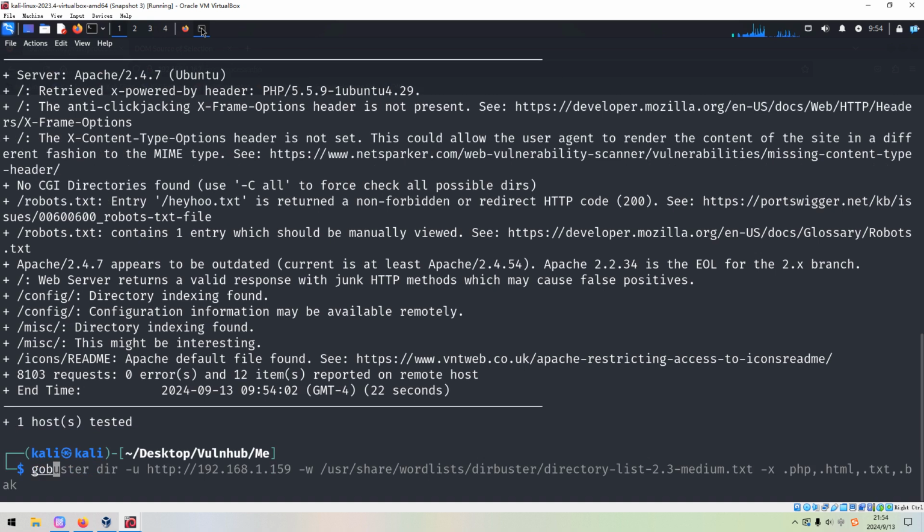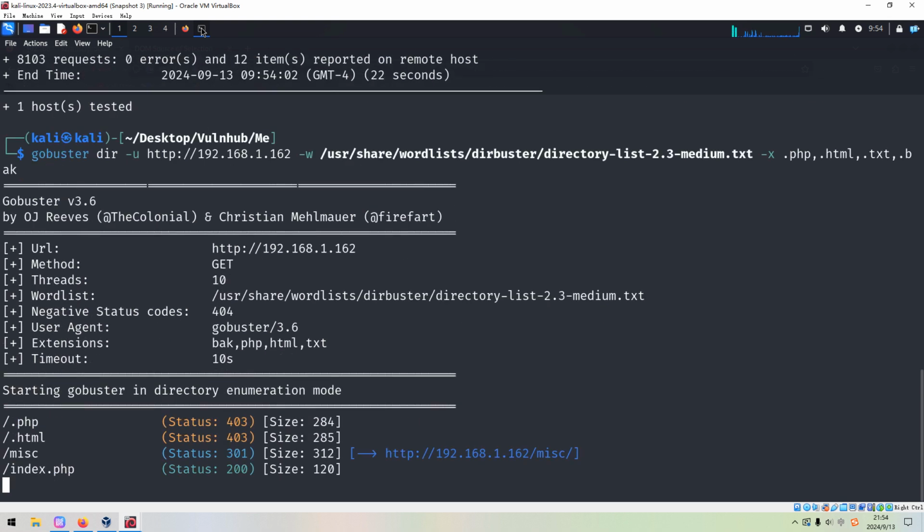So next we can launch Gobuster to do the directory enumeration. Press enter.